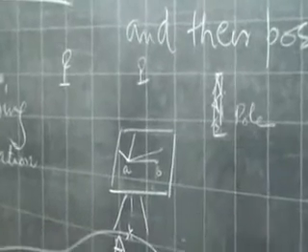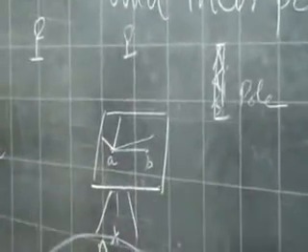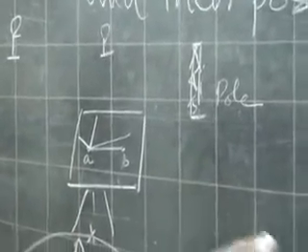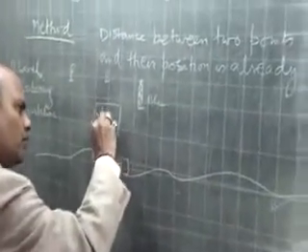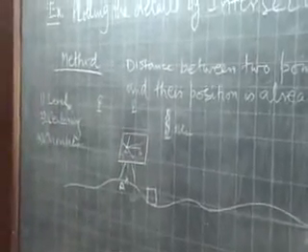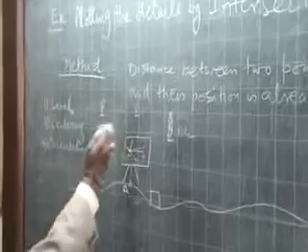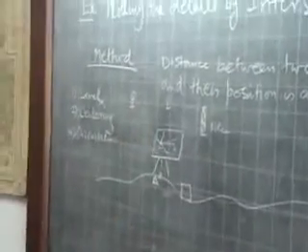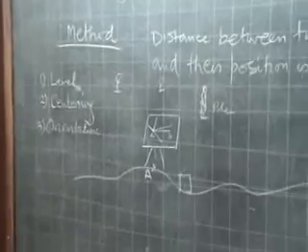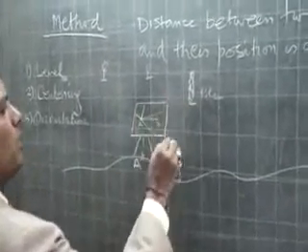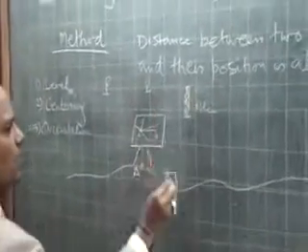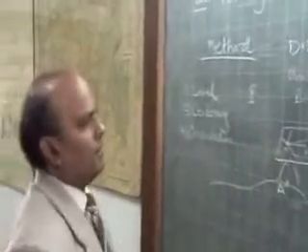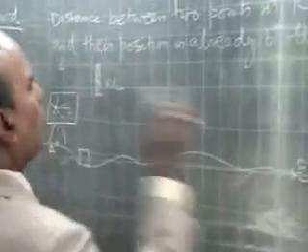This way, whatever points are situated in the surroundings, we keep on plotting the details of those points. If we have a building here, from A we will bisect this particular building and draw a line. So we will draw the lines towards the objects which are situated in the surroundings. These points may be far off, because if they are close by, we can measure the distance by radiation method. So what we are assuming is that these points are far off, but they are visible from A, and all these points are also visible from B.